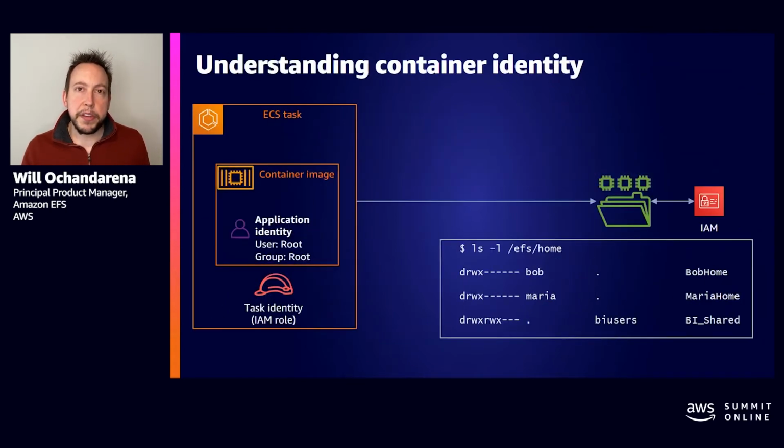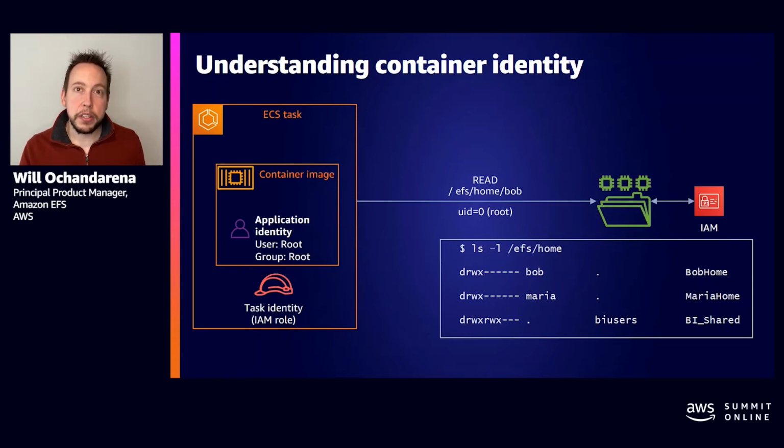Next, in figuring out how to give an application access to specific data in the file system, it's important to understand how identity works in these modern application environments. So let's say that you have a container running, and that container was built to run the application inside as root, which is a common practice. When you mount a file system from that container, and that container does a file system operation, it's going to tell the file system that it wants to do operations as root, because that's what the application is running as, whether or not that's what you actually want it to be running as.